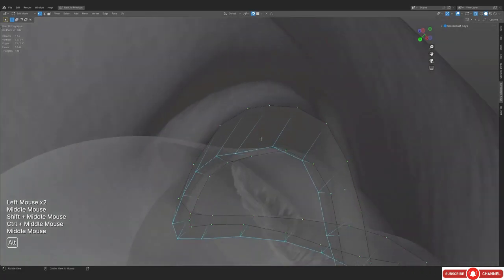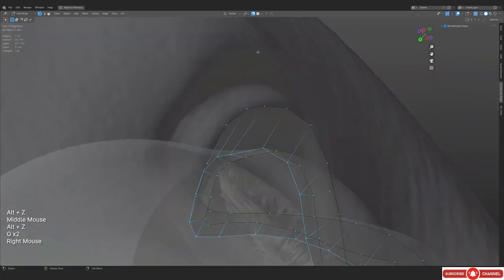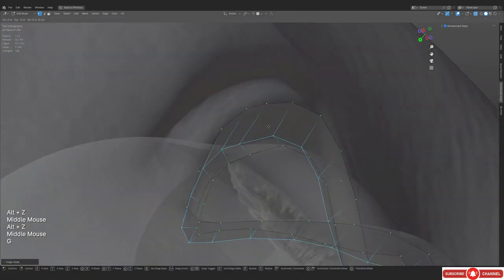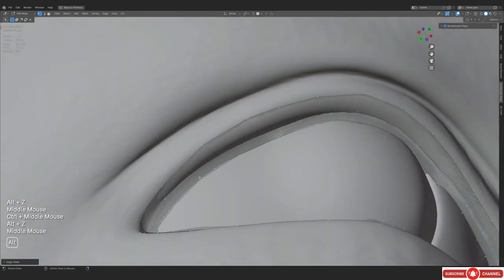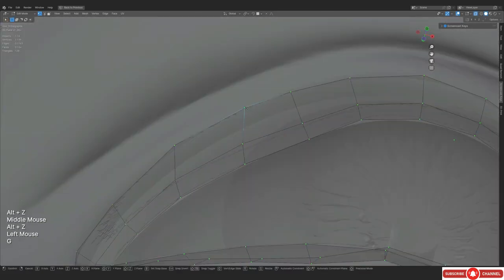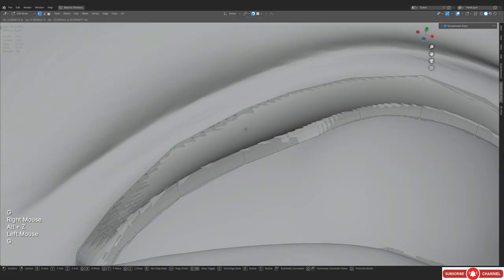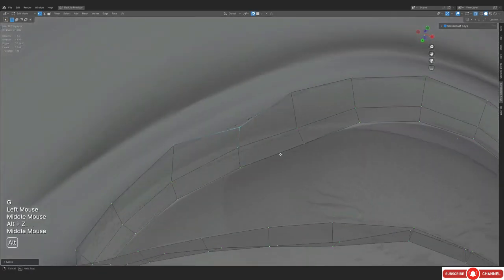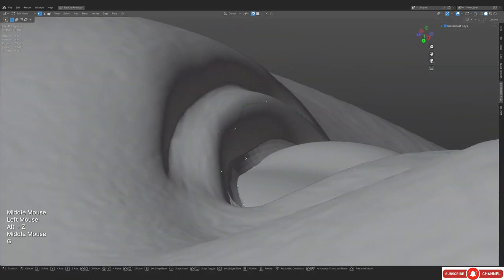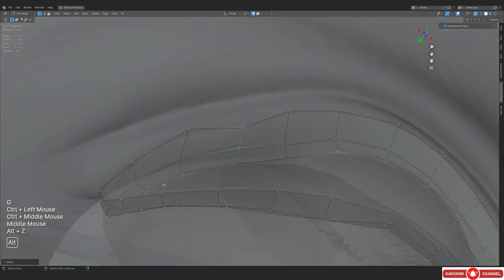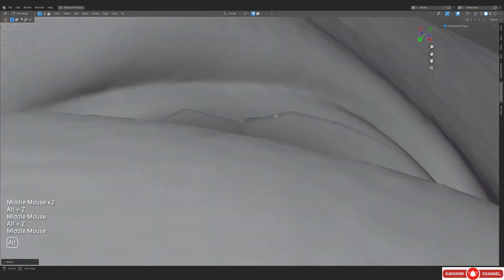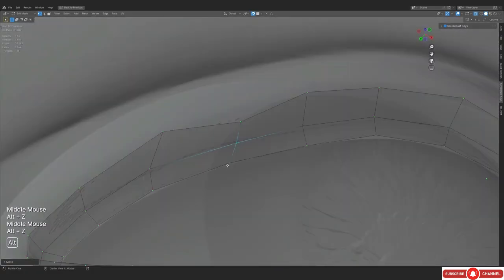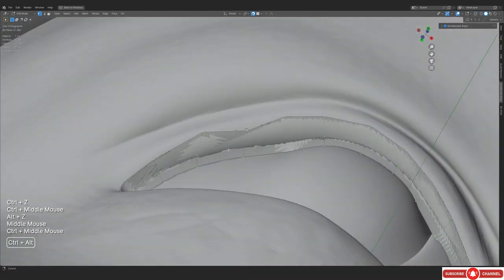So you can adjust the corner edge loop by sliding it outwards and then sliding it downwards, so that it actually comes out of the corner, but it still does not fix the intersection. So we're gonna have to manually just adjust these points so that they don't intersect as they are doing right now.